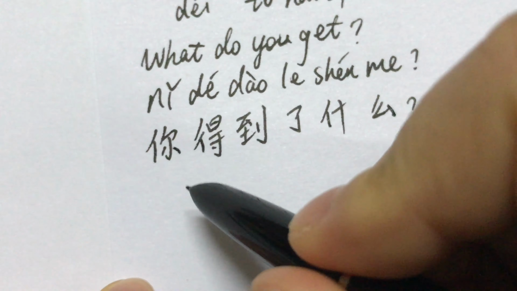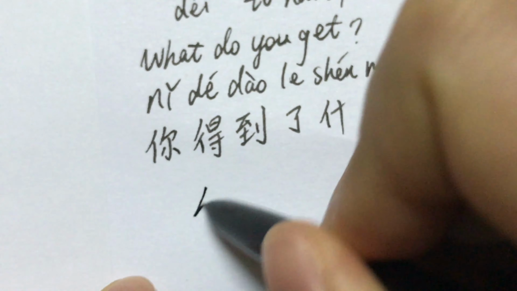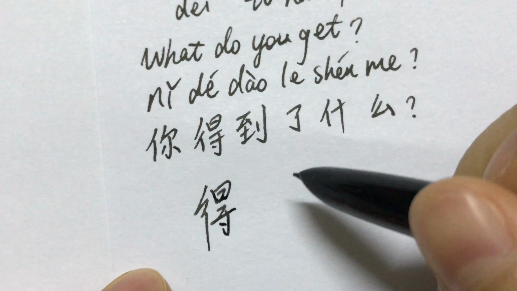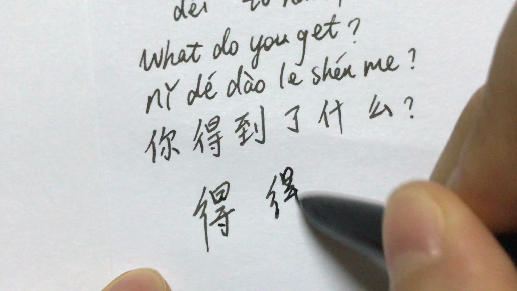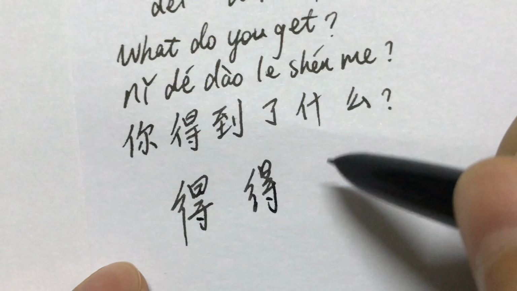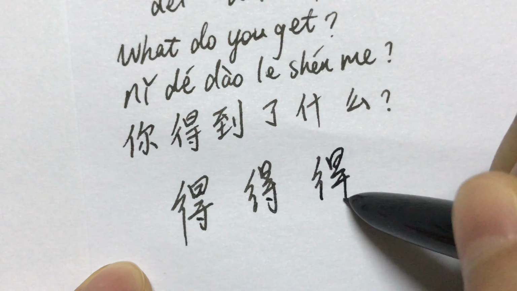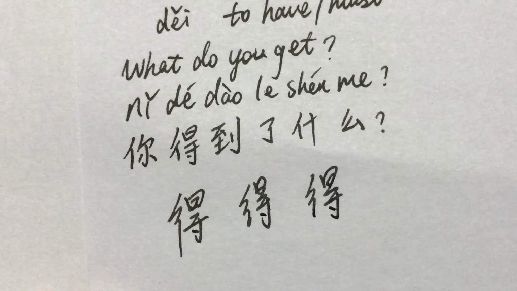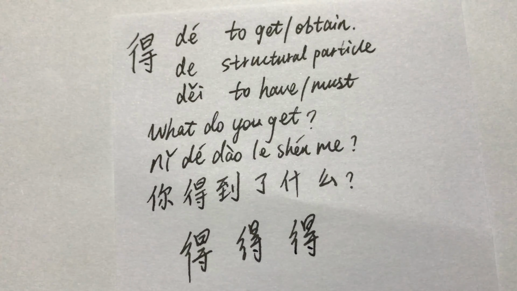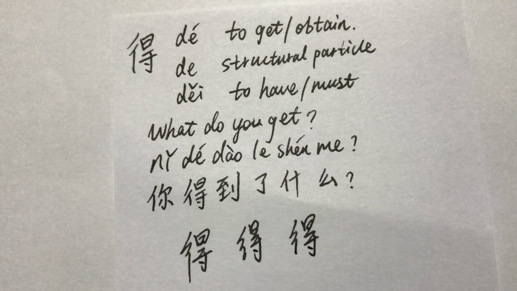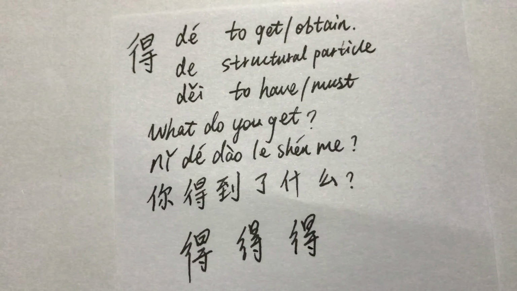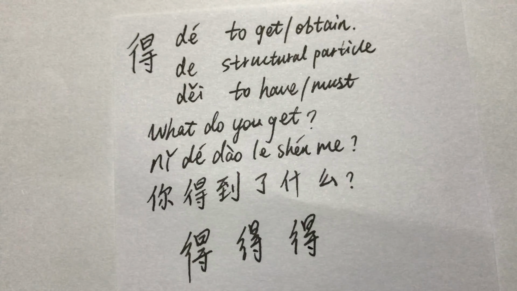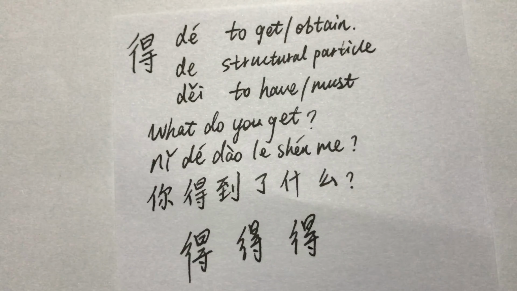Write "的" in cursive. You can write like this. "的" to get, obtain. "的" structural particle. "的" to have, must. What do you get? 你得到了什么？